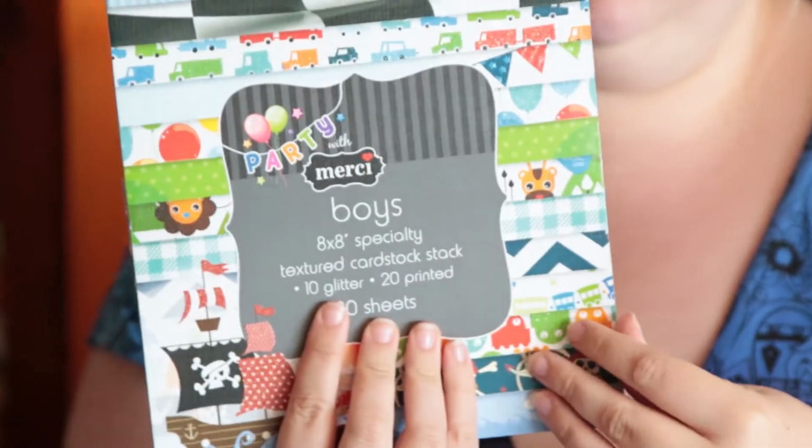And then onto the scrapbooking stuff. I found this, so it just says boys specialty cardstock. So I'm basically going to find the ones that are the most babyish ones. There's not really that many in here, to be honest. I'll probably have to go with the train one,